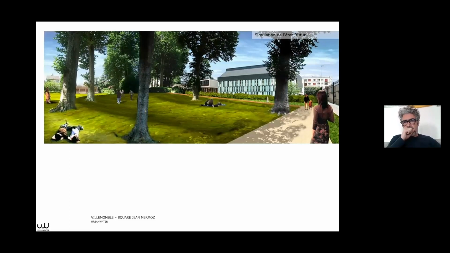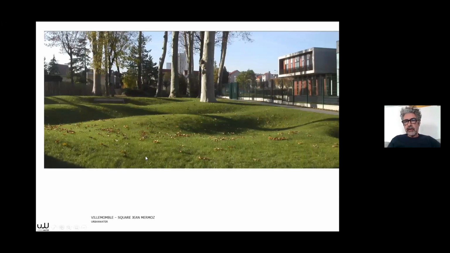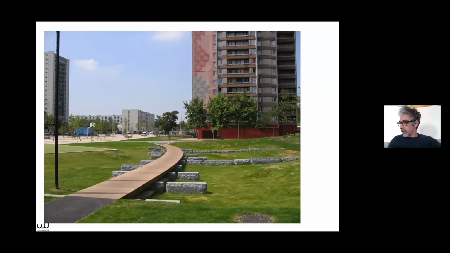Let's just work on the shape of the park. Let's create relief. And if it rains, well, if it's not too heavy, it will flood part of the park. And if it's a lot of rain, well, it will flood all of the park. All of that park will be underwater. So that's the kind of effect. This is a rainwater retention basin. So you can see that it's much better integrated into the greener park.